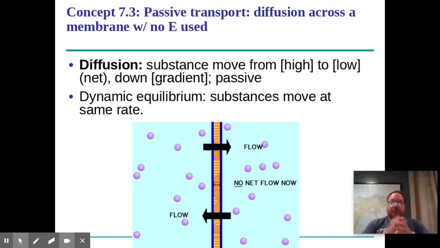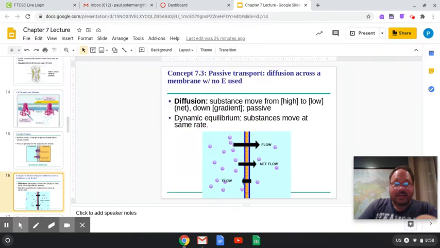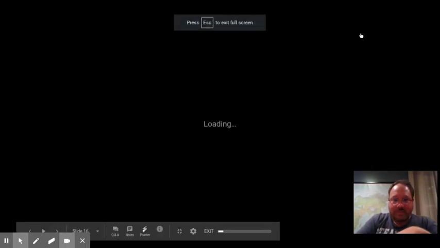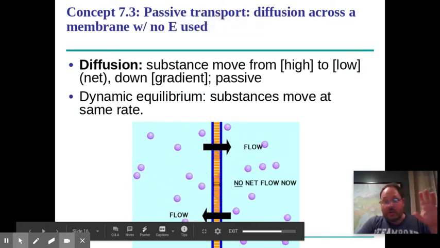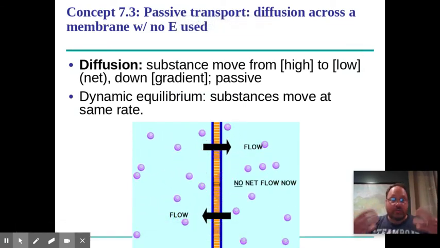Now we're going to look at transport, stuff moving in and out of cells. Let me back this up and pull the cell up again so you can watch the animation. Oh, okay, it didn't work. Anyway, the idea is diffusion. Here we go. So with diffusion, substances move from areas of higher concentration to lower concentration until they reach a